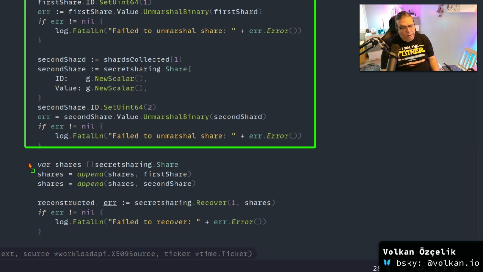So what we do is we create a collection of shares, and we got two shares from two separate keepers in this algorithm. I know that this can be made more generic, and this is done with the assumption that we have two keepers. If we have more, instead of first shard, second shard, it will be an array iteration in an index of shards. But right now it's more expressive, and it's better for the purpose of teaching this essentially. So we append the first share and the second share that we got from our fellow peer keepers to this shares collection,